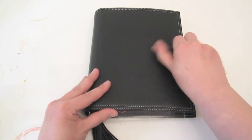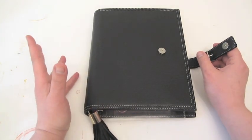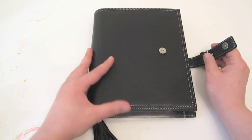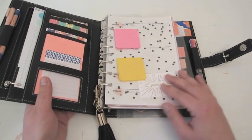So let's start. This one is leather and it's a really good price. I want to mention that you can normally get it for like 30% off or so, so maybe it was like $40, and I thought that was great, and it's lasted a really long time and held up really well. So without further ado,